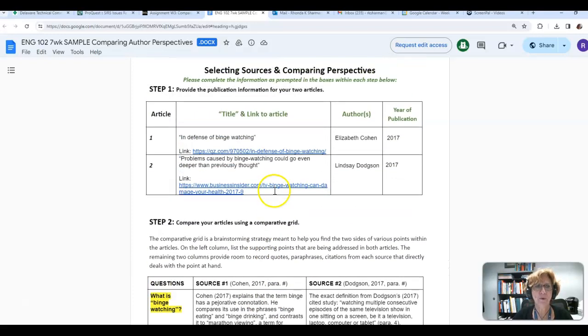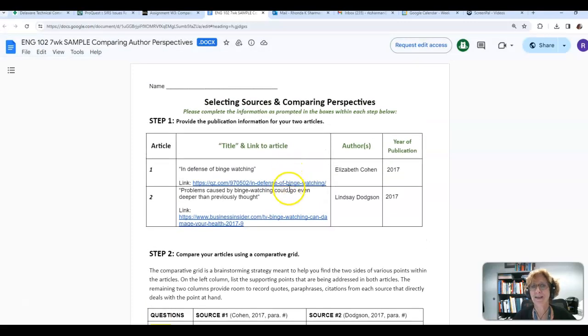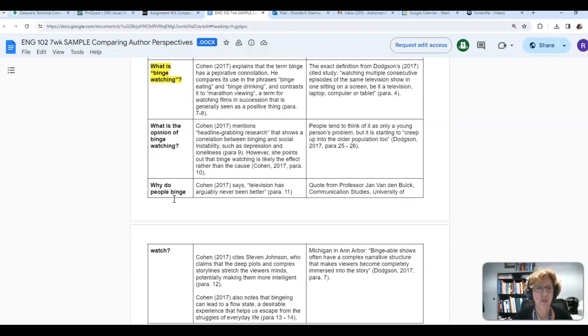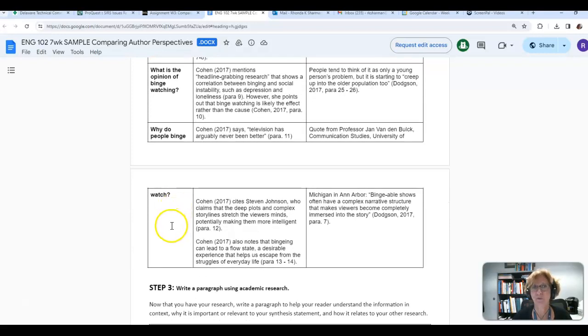So in the example, you can see that the issue is whether we should binge watch TV. And the questions that the student came up with were, first of all, what is binge watching? Secondly, what is the opinion of the author on binge watching? And also the issue of why people binge watch.